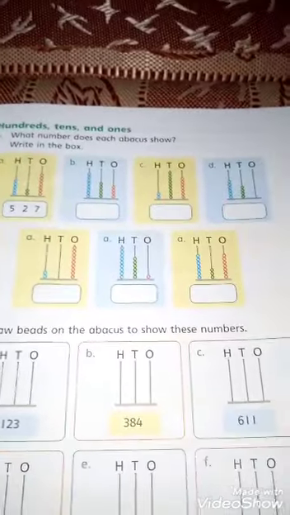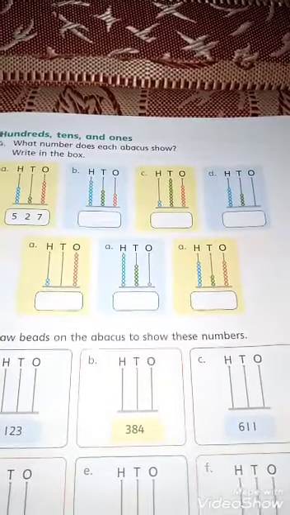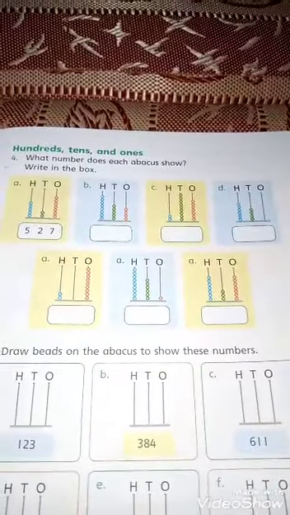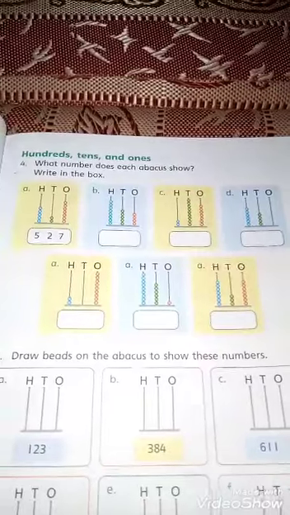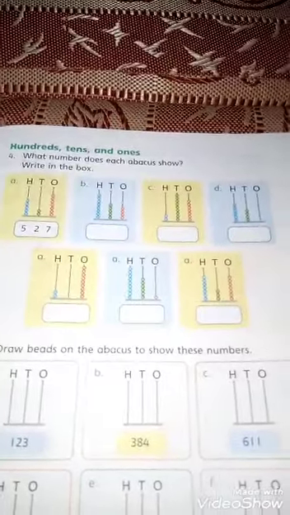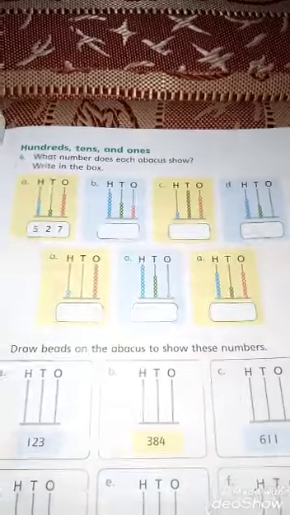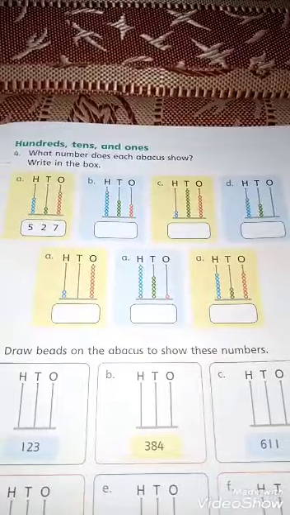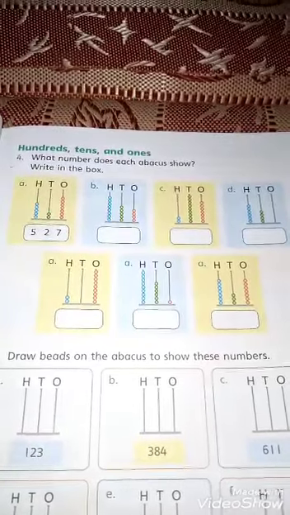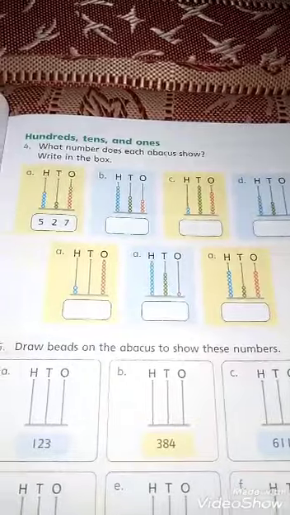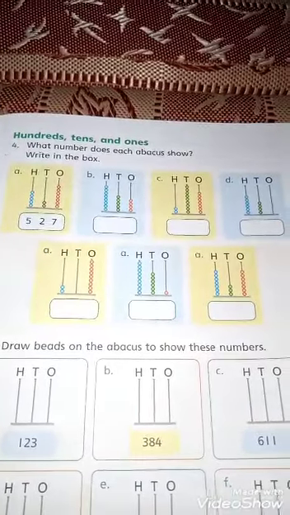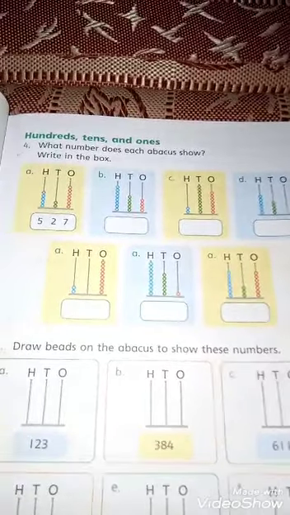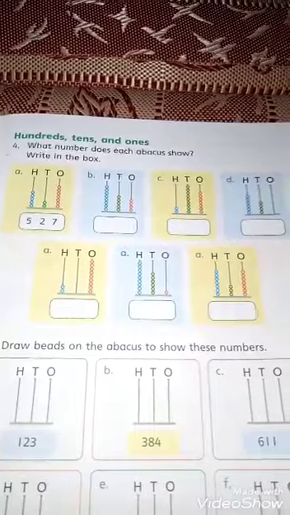Now here are all the questions you have to do in your copy. You can solve this question in your copy. Draw abacus in your copy with colorful beads, neat and clean. First write the question at the header of the copy and draw abacus with hundreds, tens and ones columns with colorful beads and solve the question in your copy.